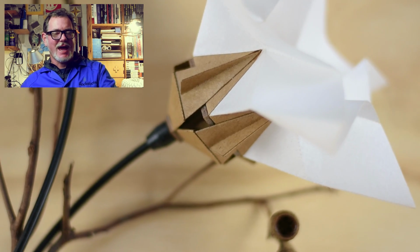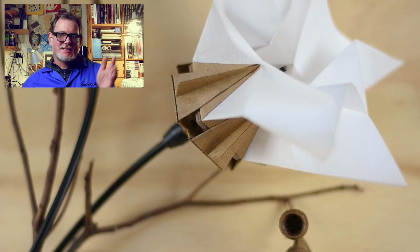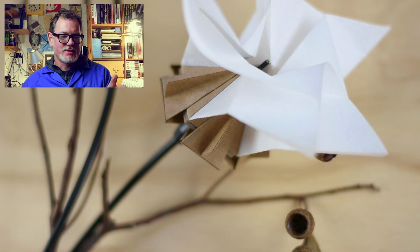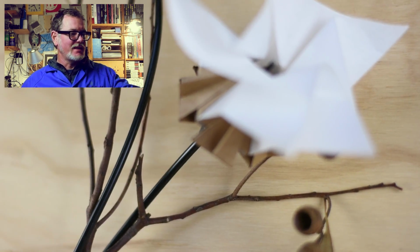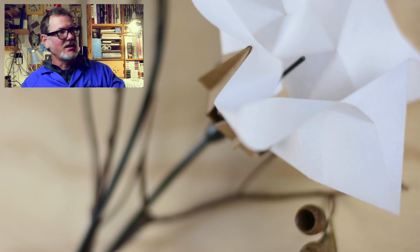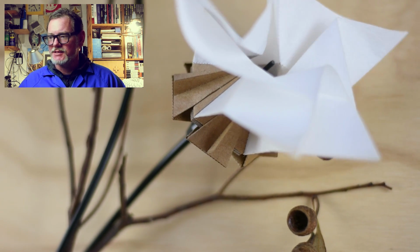My current projects for this festival are two very different types. The first one, which I'm going to talk about now, is the Oribo kit. The Oribo kit came about because I was interested in extending my repertoire of skills. Coronavirus hit. I was in the middle of making Oribotic blossoms a lot like this one here. And, you know, it just...